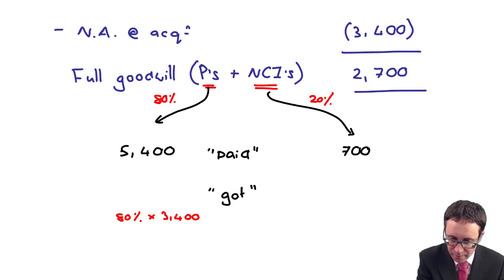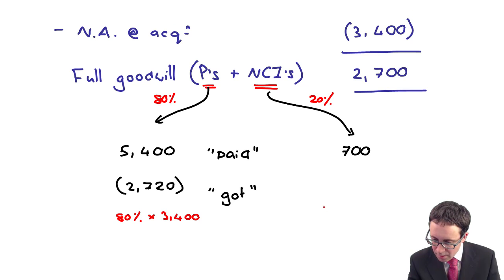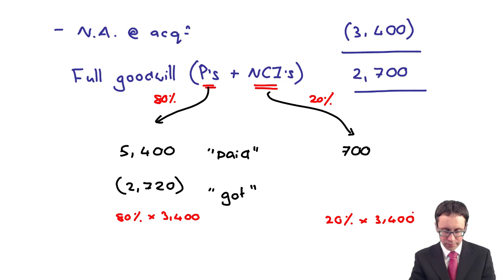Does that give me, is it 2,720? And the non-controlling interest got 20% of the 3,400. So that goes through there and gives me